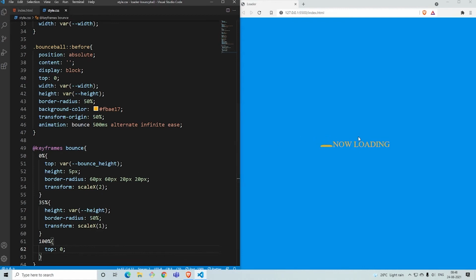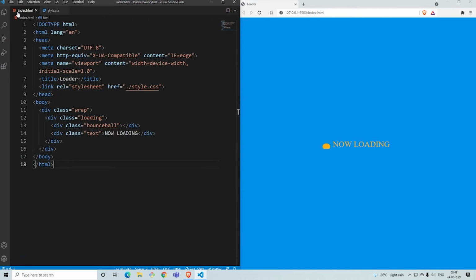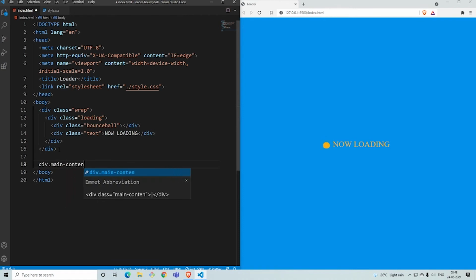Now this is just set to infinite until the text actually appears. So that's what we're going to do now. First, we'll work with the main content out here in the HTML5. So div.main content. That's what I'm going to add. And I'm going to add a random image, which is really huge, around 4000 by 4000. So it's going to take some time to load, and you'll see the loading page shown.